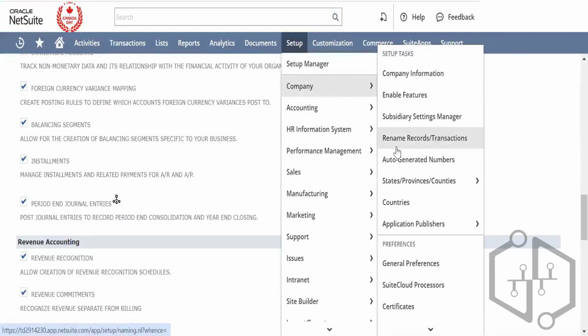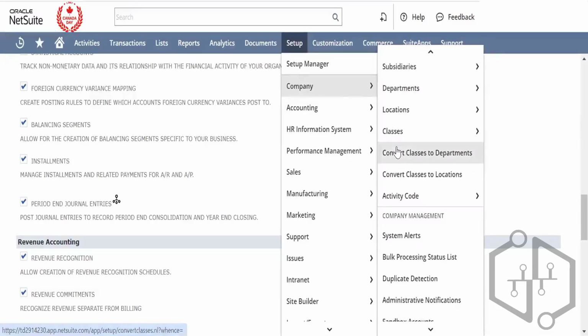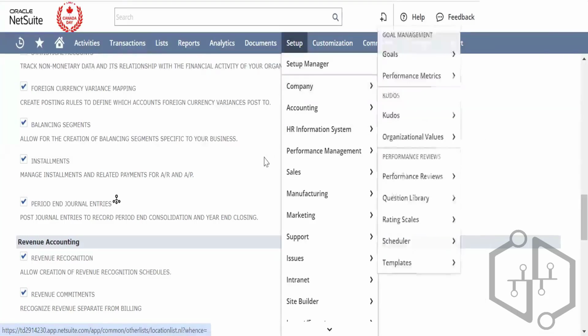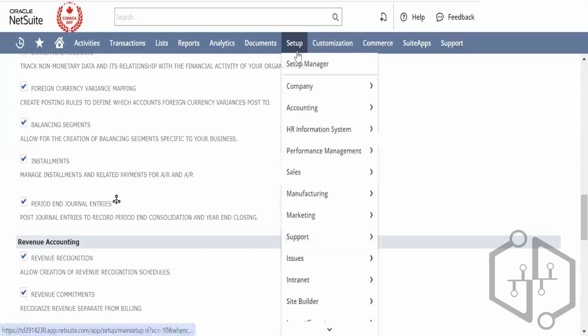So if I scroll down here, I have the subsidiary, class and location, right? But along with these, there is something called a custom segment, right? So let us say the customer has something else like a division, right? They probably have classes, departments, and locations. However, they might have a fourth segment as well, which they want to show up in the reporting, right? In that case, we have something called